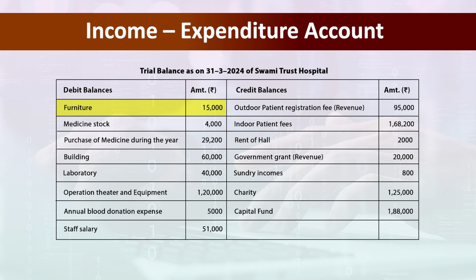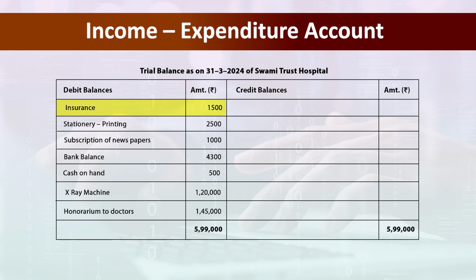Furniture of rupees 15,000, medicine stock of rupees 4,000, purchase of medicine during the year of rupees 29,200, building of rupees 60,000, laboratory of rupees 40,000, operation theatre and equipment of rupees 1,20,000, annual blood donation expenses of rupees 5,000, staff salary of rupees 51,000, insurance of rupees 1,500, stationery and printing of rupees 2,500, subscription of newspapers of rupees 1,000, bank balance of rupees